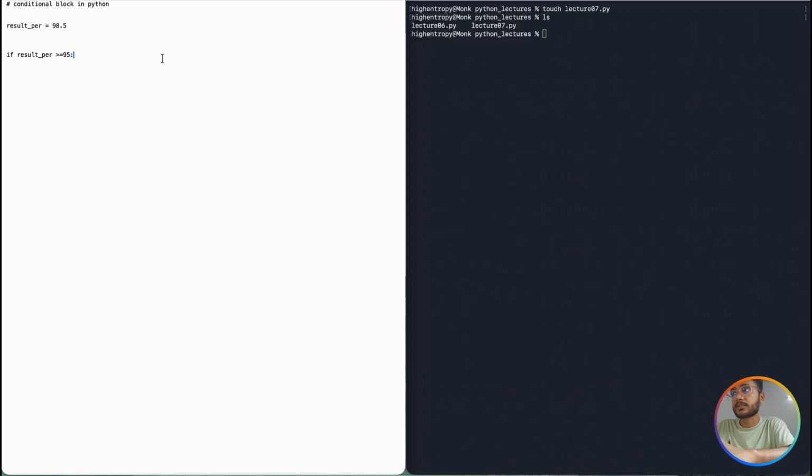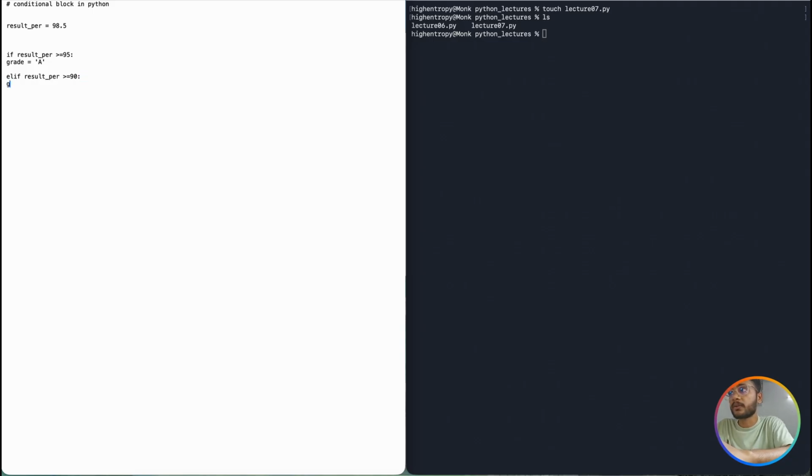Now if you write like this, suppose I write grade equals to A. Okay, let's say it is like that. Then you say elif, else if, result percentage greater than or equal to 90. I will tell you why it's wrong. Then you use a colon, so the condition is over, and now I want to run some code.